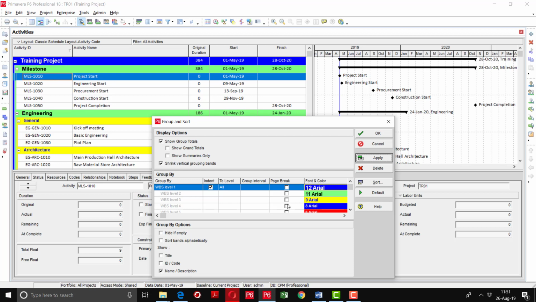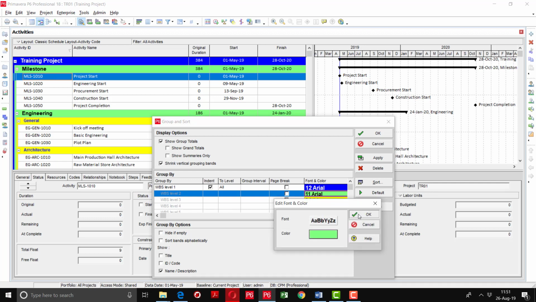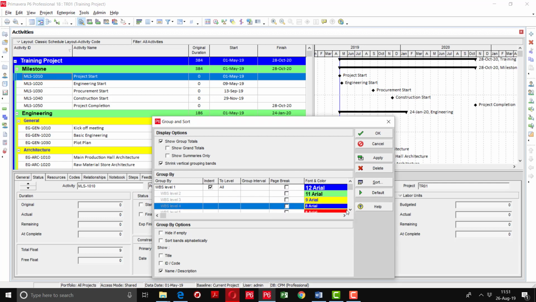Same, this is level 2, level 3, level 4, level 5. So our WBS is defined up to level 4, so you can change your colors and sizes according to your requirement.